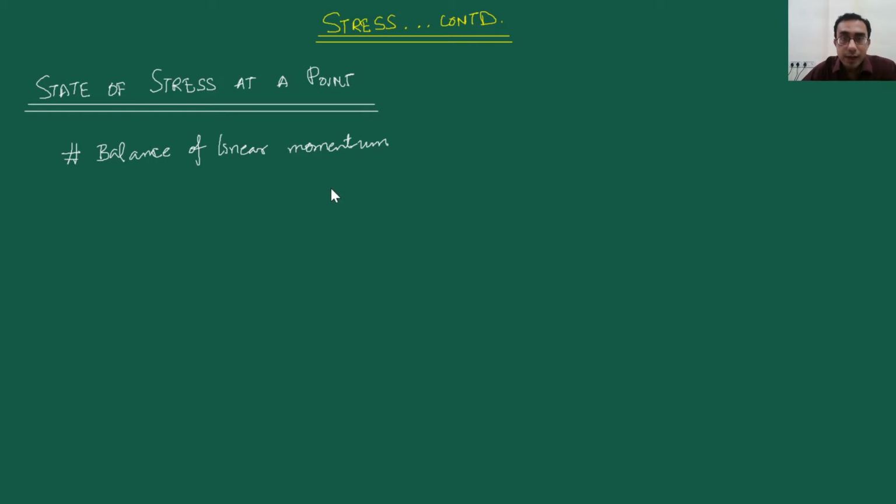Now we'll use that balance of mass in our balance of linear momentum, and you will see how the balance of linear momentum will help us very naturally to go towards this connection between traction, which we studied in our previous part of the lecture, and the state of stress which you want to develop towards. Okay, so